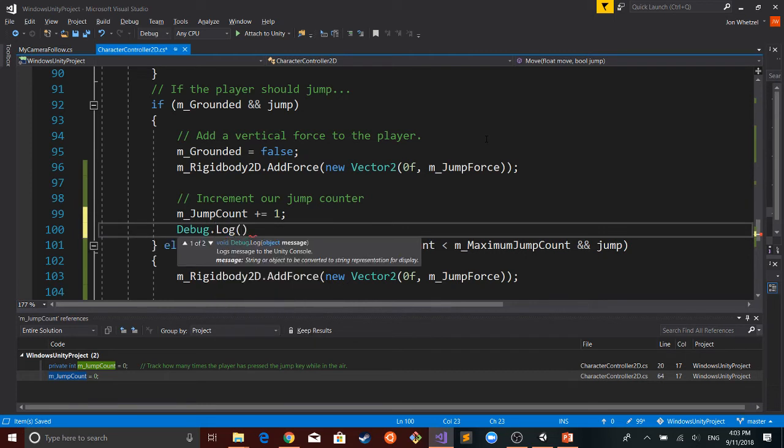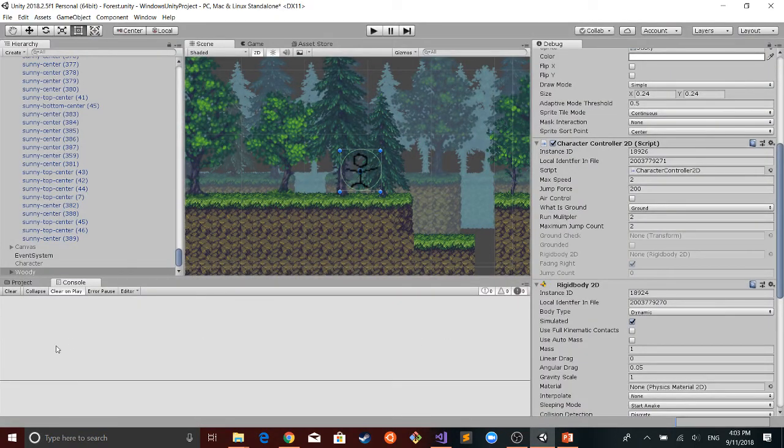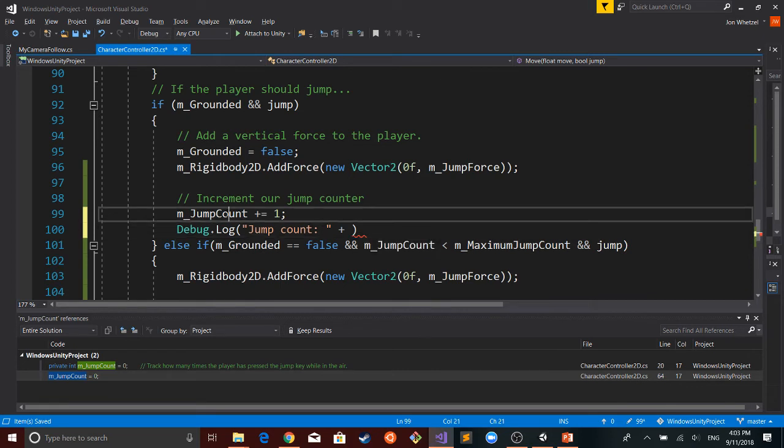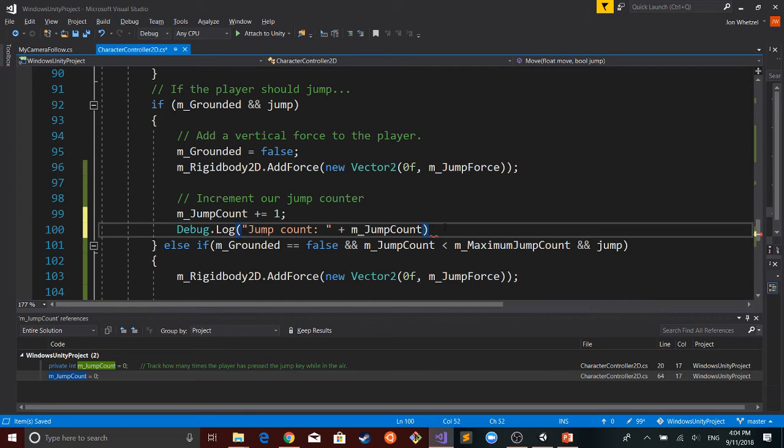What that's going to do is write a message to the console, the console down here. I'm going to say jump count. And then the way you concatenate, if I put that plus, I want to concatenate these 2 things together. I want it to write jump count, and then I want it to write the value here.